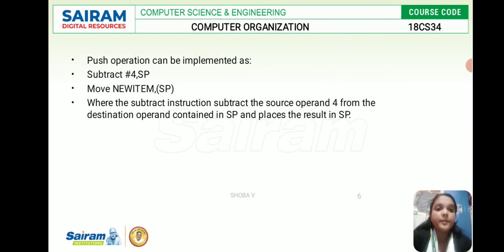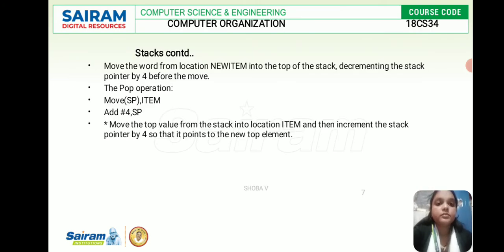Now an element is deleted from the stack if the stack is not empty, that is, if EMTY is equal to 0. FULL and EMTY are called the flag registers. So the pop operation includes the following sequence of micro operations: SP becomes SP minus 1, that is, the stack pointer is decremented by 1. And now if it is EMTY, it will become 1, then FULL will become 0.